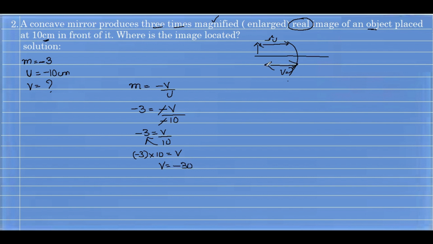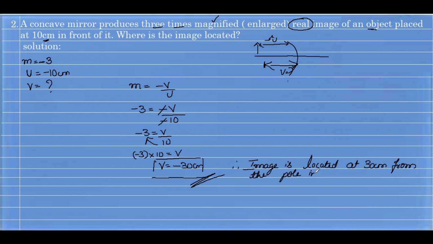So in the concave mirror the image will usually fall on the left hand side itself, therefore the image distance will also be negative: minus 30 centimeter. So the image is located at 30 centimeter from the pole. You should not write minus 30 centimeter in the answer. Minus signifies it is a real image. So 30 centimeter from the pole in front of